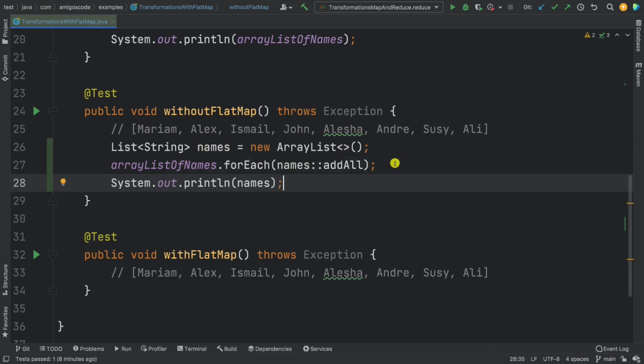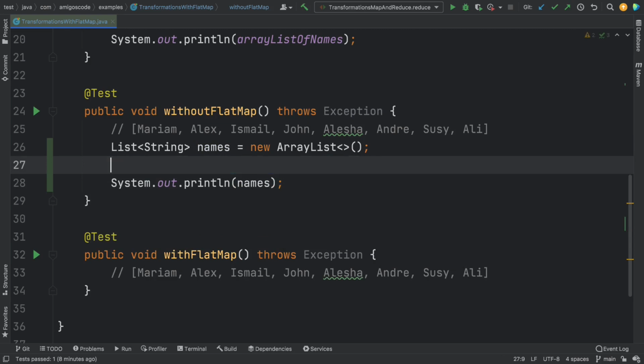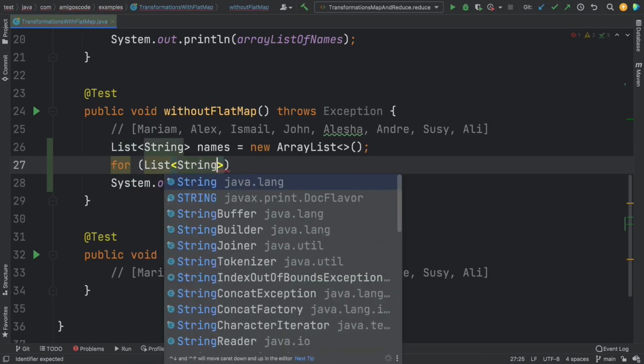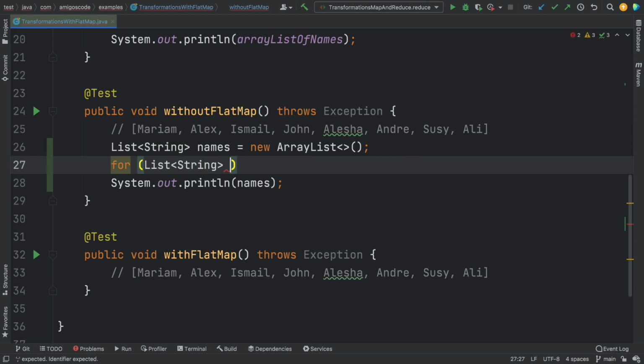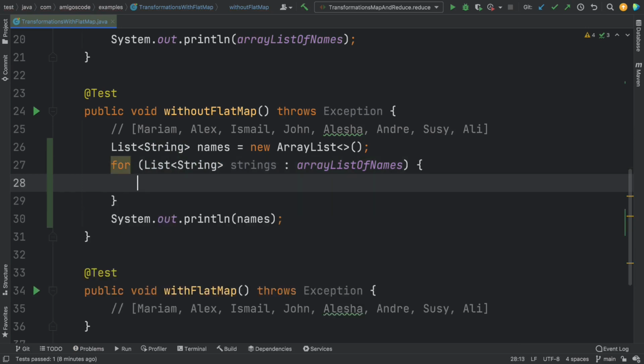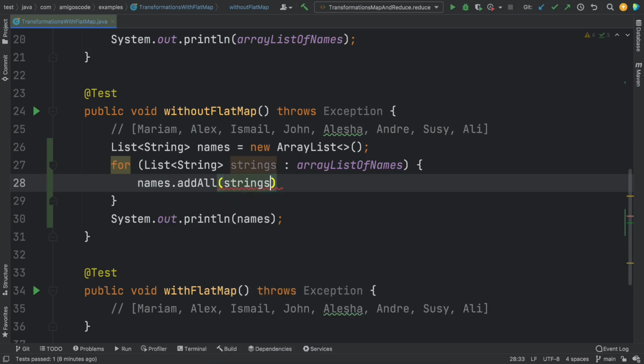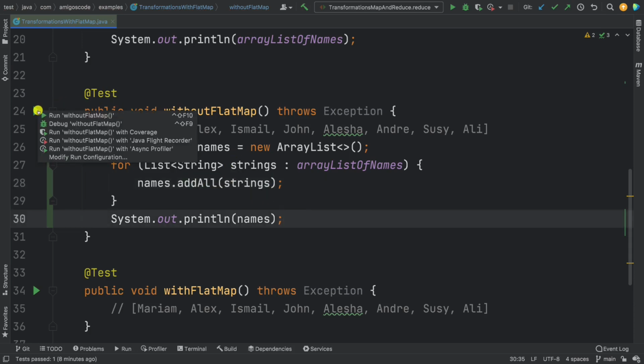Or if you don't want to use this, another way of doing this is a for loop, and then here list of strings right here. And then I'm going to say strings in the list of lists, and we can just say names dot addAll and then strings. So this is the exact same thing, but I'll let you decide what you want to use. But if I run this,